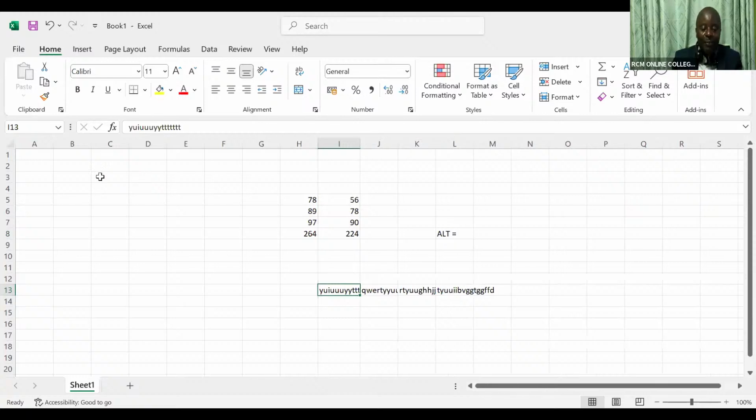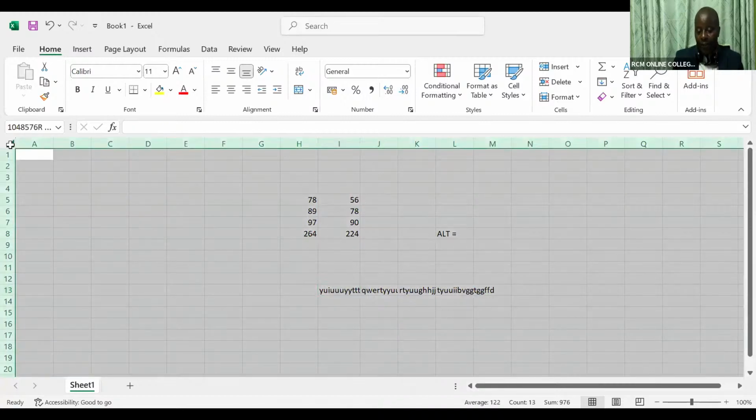You will simply come, for example, there are so many ways of doing this, but the easiest, you simply come here to the whole sheet highlighter. It's called a whole sheet highlighter, this one. It's used to highlight the whole sheet. So you come to the whole sheet highlighter, you click it, and then you go